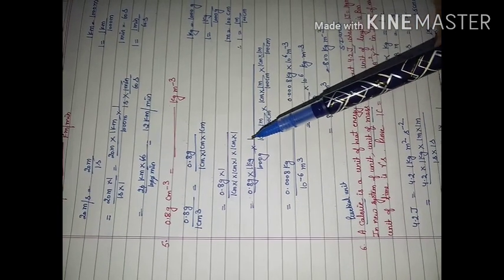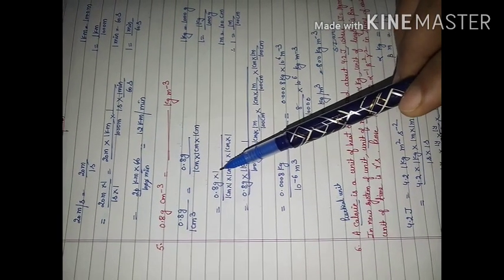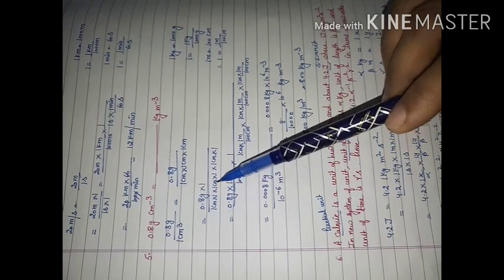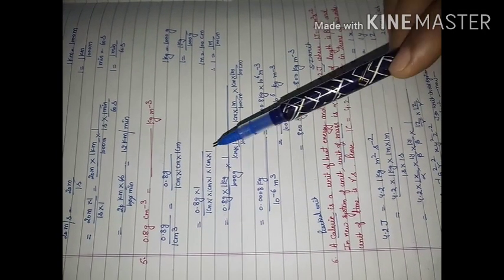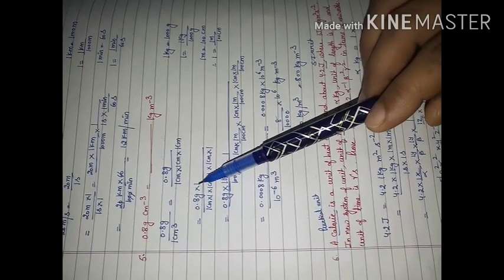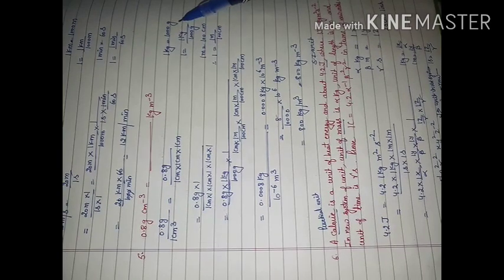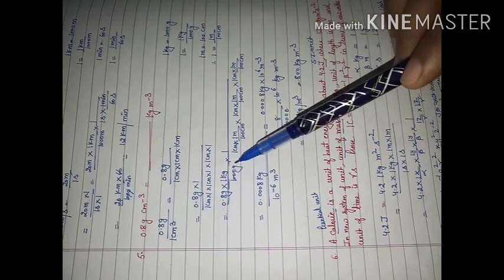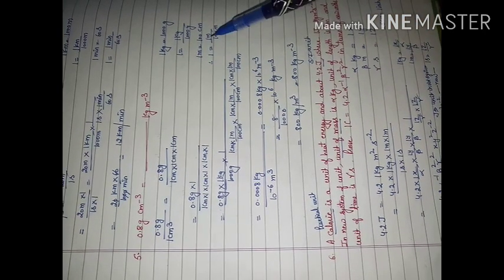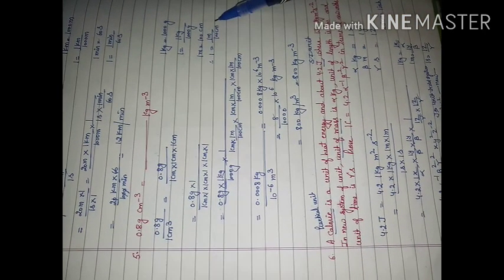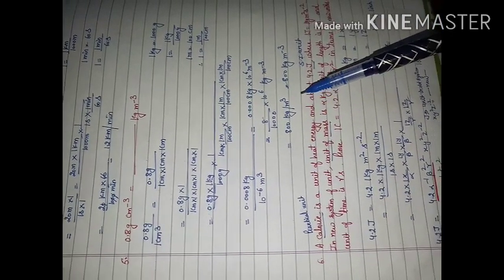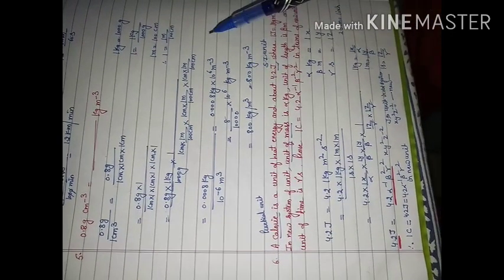Then the first step was to multiply each term by 1. This is multiplication by 1, 1, 1. All the 3 terms are multiplied by 1. Then see the relation between kilogram and gram. So this one I will replace by 1 kg upon 1000 gram, and this one and this one will be replaced by 1 meter upon 100 centimeter. So after solving, you will be able to get 800 kilogram per meter cube.